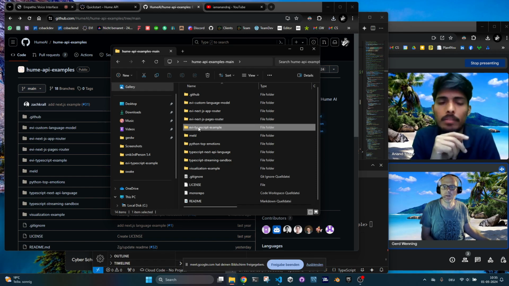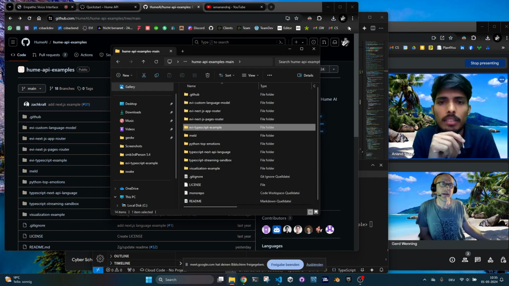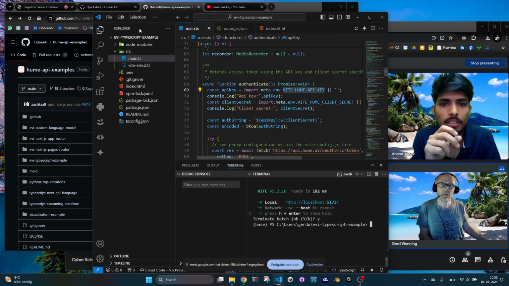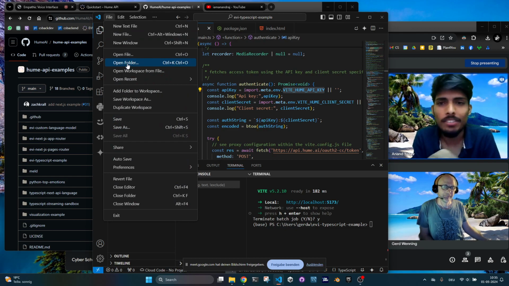Maybe you copy it to another place first, right? And then in VS Code, you go to File and open this folder. It's basic things, not an issue. So when you clone this example, the EVI TypeScript example, here